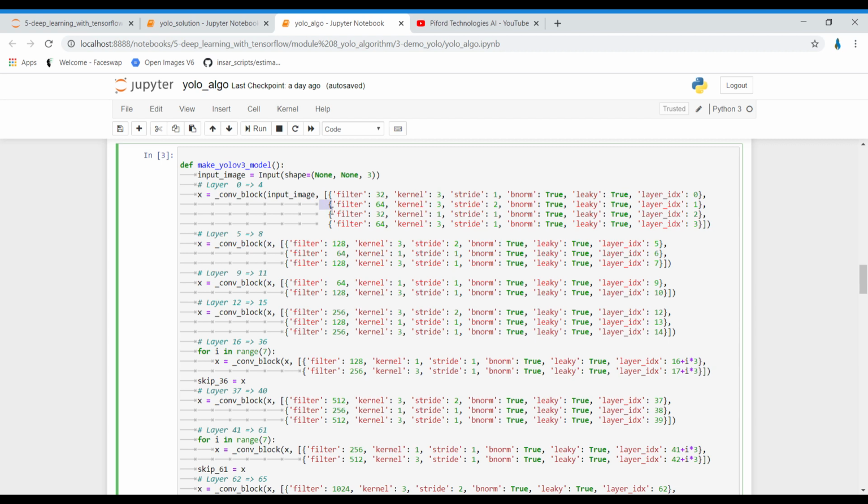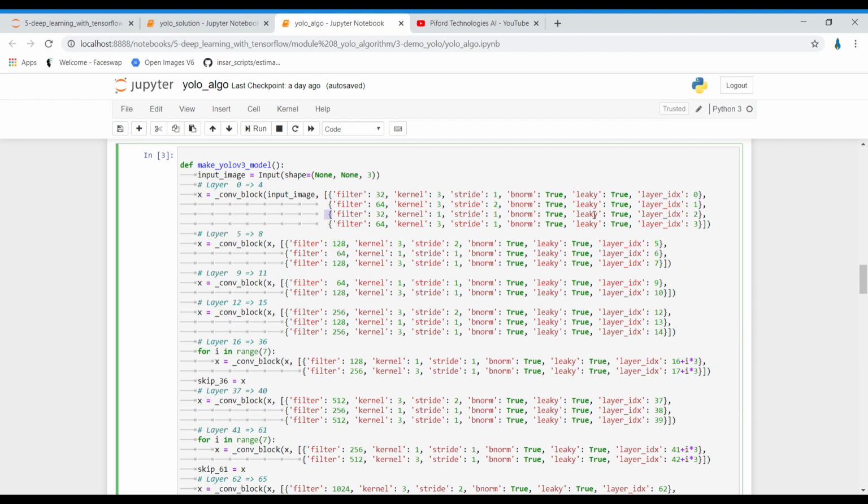It would not be 128 by 128, it would be less than that. And if you have stride 1 over here, whatever output you get after the second layer, the same you give as input to this layer. The output of the previous layer becomes the input of the next layer, right? Let's suppose the output of this layer is 64 by 64. Over here stride is 1.